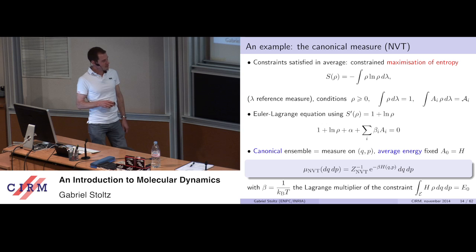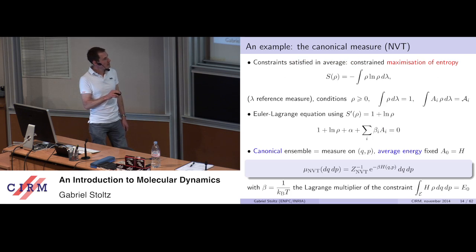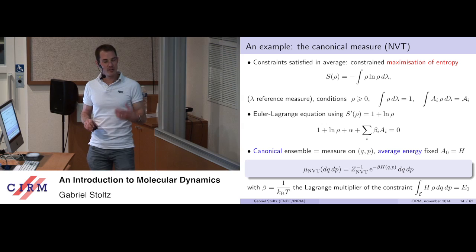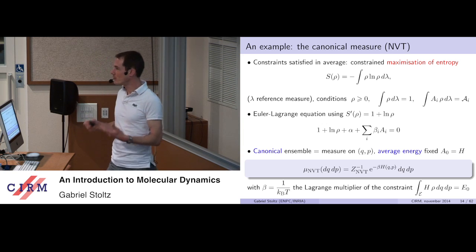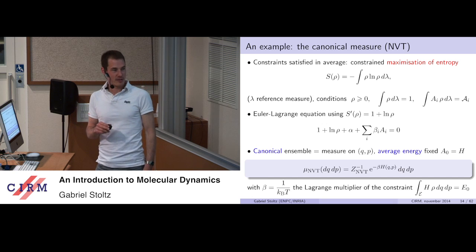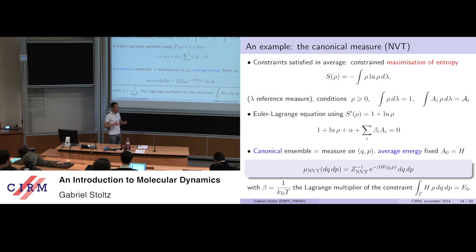So if I've lost you, well, you can just wake up and say that we will want to compute averages of some function of the microstate of the system with respect to a probability measure, which will be the Boltzmann measure, where states with lower energies are more favorable, and exponentially more favorable than others. And as I increase the temperature, I'll allow more and more for states of higher energies.